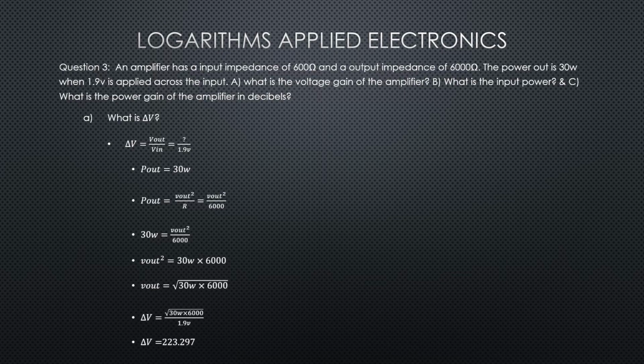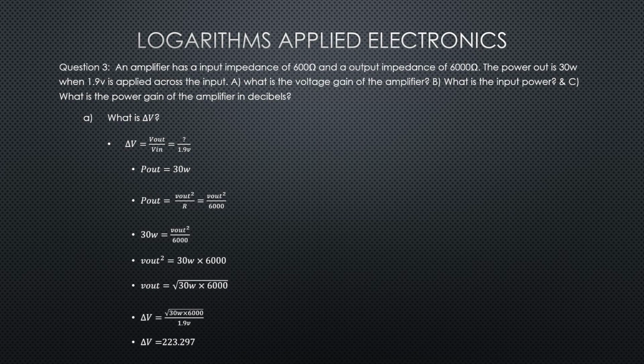We know that power out is equal to V squared over R. So if we have 30 watts and we know our Z out is 6K ohms, we can solve for V squared, and V squared is equal to 30 watts times 6,000 ohms. Take the square root of that. That gives us our V out. And then we can divide that by the 1.9 volts, and that gives us our final answer, a voltage gain of